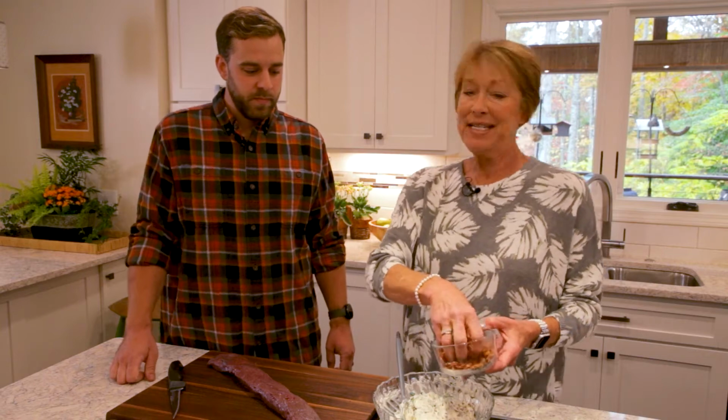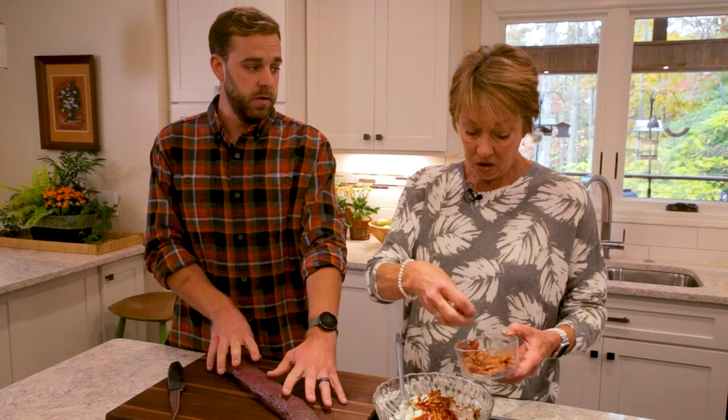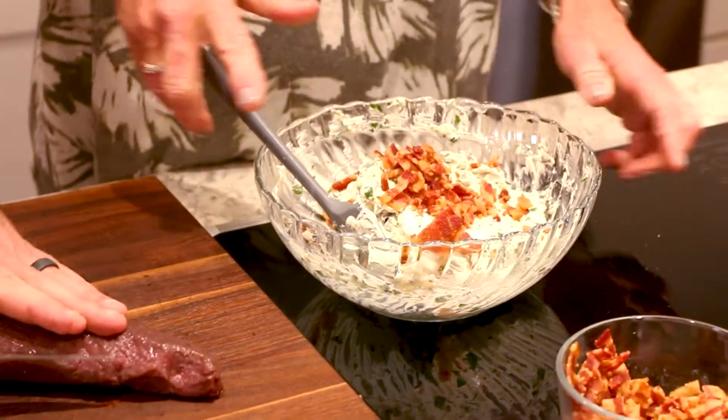All right. And as if we didn't have enough bacon, more bacon. Add more. This will be on the inside of it. All right, and meanwhile, what are you going to do with this? We're